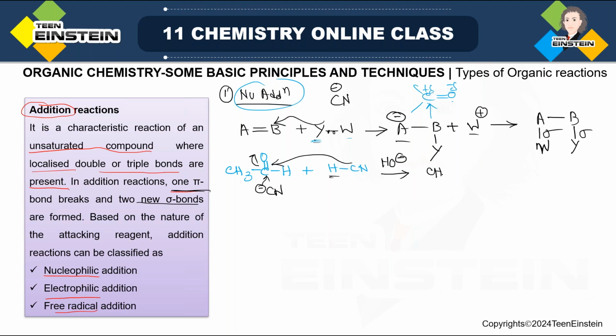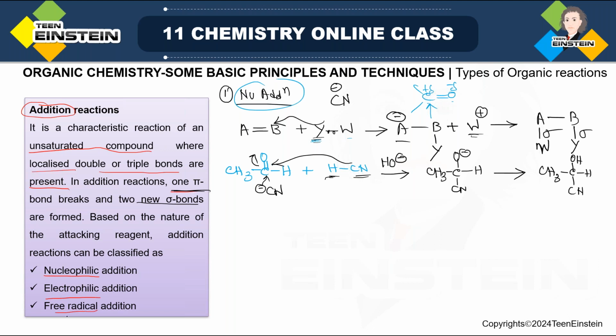So we get CH3, CN, negative charge over oxygen, and here we have H. Here CN is analogous to Y, and W plus is analogous to H plus, which is already with HO. From HO and H together there will be water. From water it will take a proton, and what we are getting finally is OH,